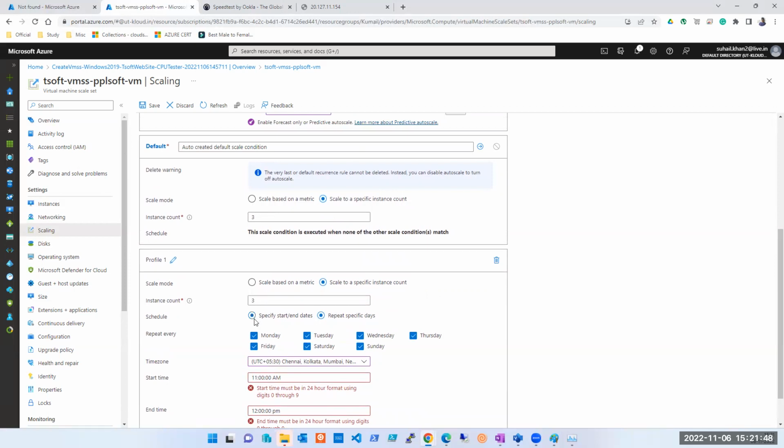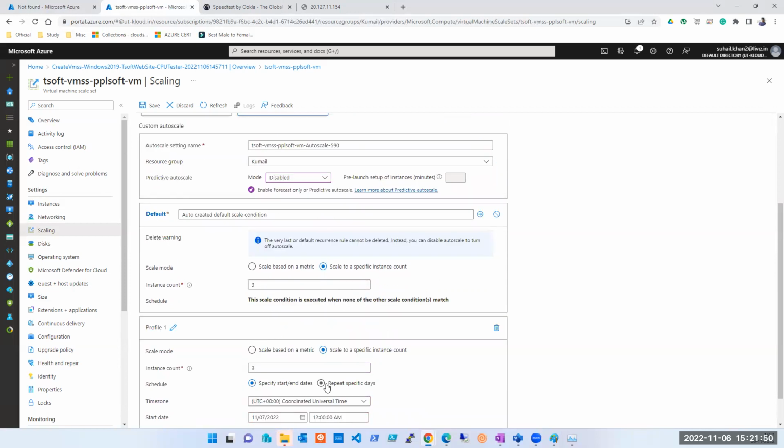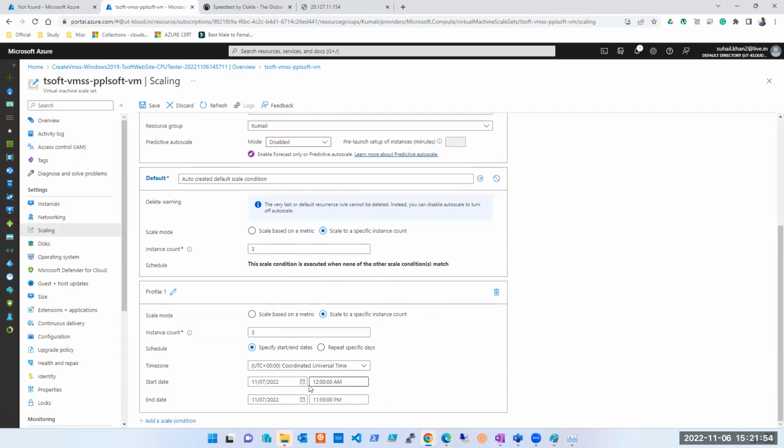Or if it is a big billion day, let's say it's not a repeated activity. If it is a repeated activity, you can select this. Flipkart knows exactly that Big Billion Day is, for example, from 15 November to 18 November. This is the time, and here I want maybe 100 instances. You can do it from here, and you just have to save it. That's all. Is it clear, guys?